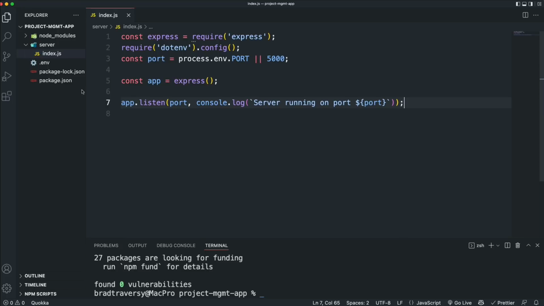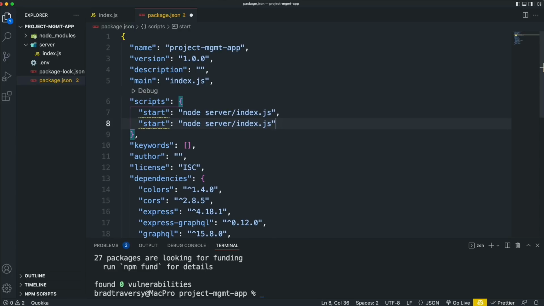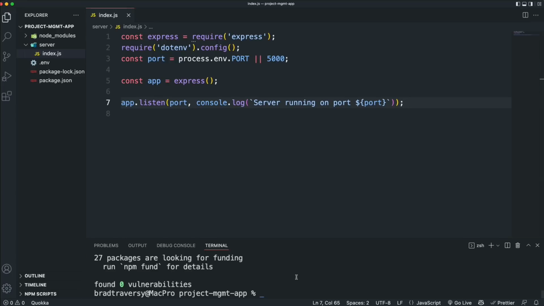All right, so now to actually run this, we're going to create an npm script. So in our package.json, let's change that to start. And then we're going to have that run node, and then make sure we go into our server folder and then index.js. And then to use nodemon, we'll copy that down and we'll set this to nodemon, and we'll change the name of the script to dev. All right, so let's go ahead and try this out. If we say npm run dev,